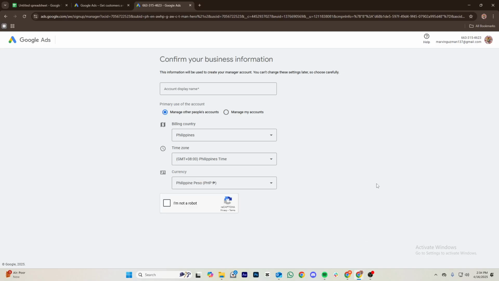How to create call-only ads in Google Ads. Alright guys, so in order for us to create call-only ads in Google Ads, what I want you guys to do first is to sign up on